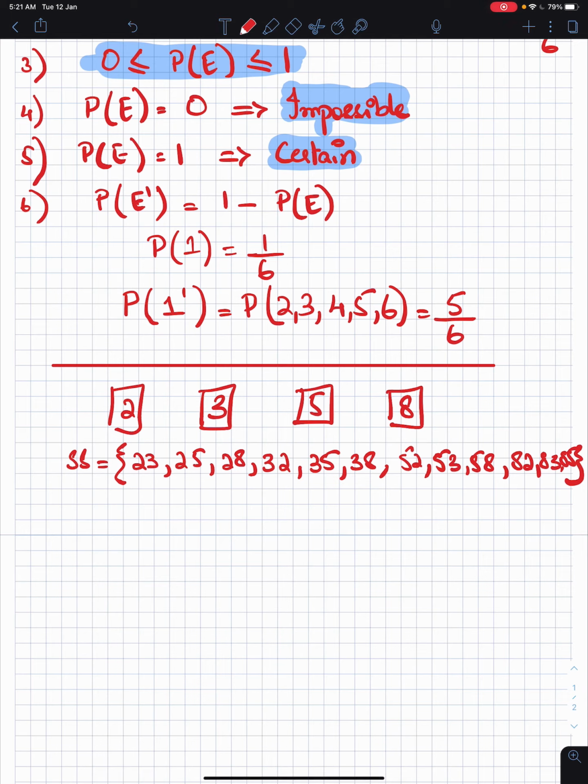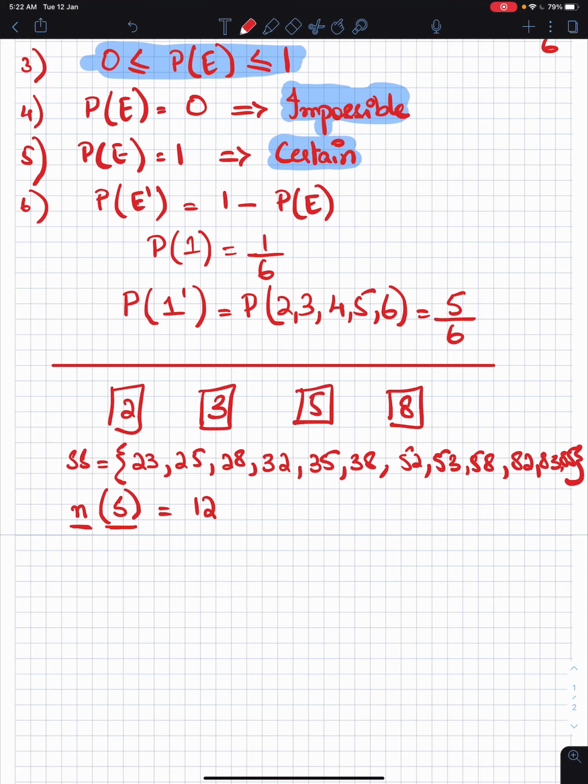This is your sample space. इसके अलावा कोई आउटकम नहीं होगी. अगर आप दो कार्ड्स एट रैंडम उठा रहे हो, this is your only sample space. Now let's start solving the question. Also sets के अंदर हम बाद में भी पढ़ेंगे और आपने पहले भी पढ़ा होगा. Whenever you write this notation, this means number of elements in that set. So n of S का मतलब होगा इसके अंदर कितने एलिमेंट्स हैं. तो 1, 2, 3, 4, 5, 6, 7, 8, 9, 10, 11, 12. So our total possible outcomes are 12.